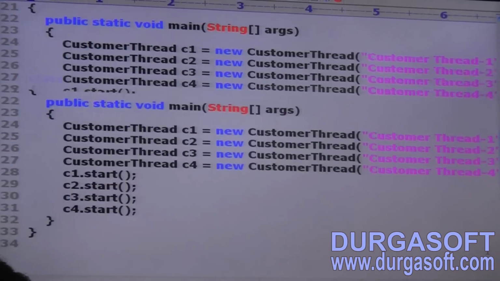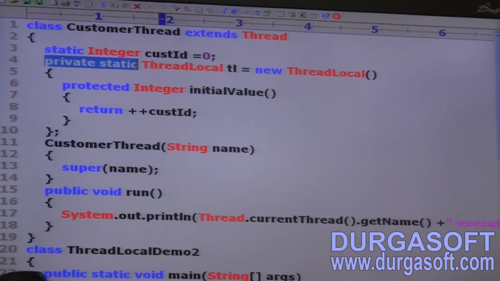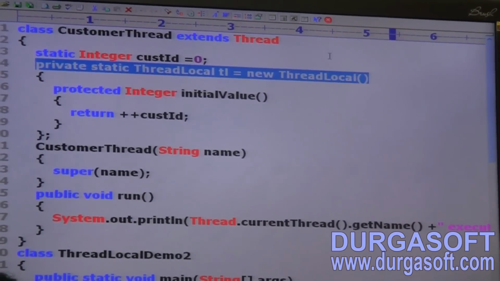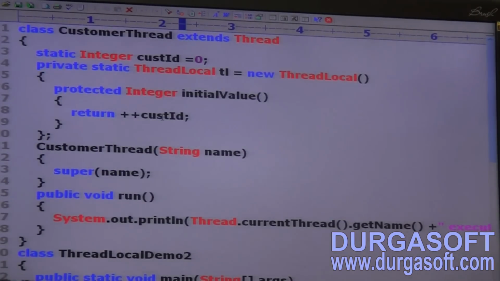Now, observe this one. What will I do? Private static ThreadLocal tl is equal to new ThreadLocal, curly brace open. I am creating, even the curly brace open is nothing but overriding the initialValue method. Sir, here for the first thread, whenever the first thread came, tl.get. TL.get means internally which method will be called?